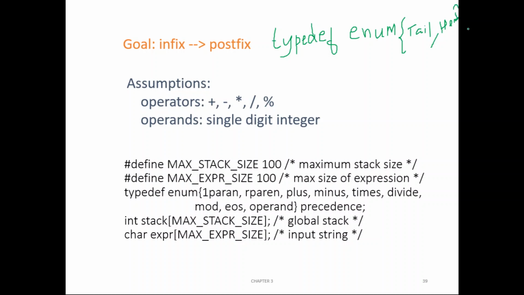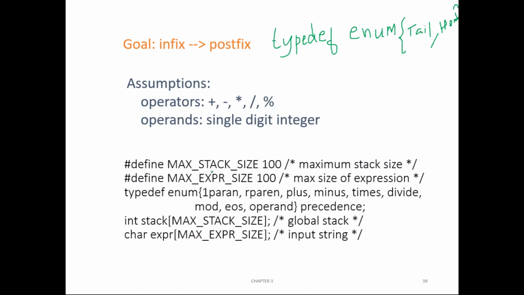Close the bracket, right? Close the bracket, and I think it should end with a semicolon. Now this enum contains two things. What are they? Tail and head. Now for this enum, I can create a user defined data type. How to do that?